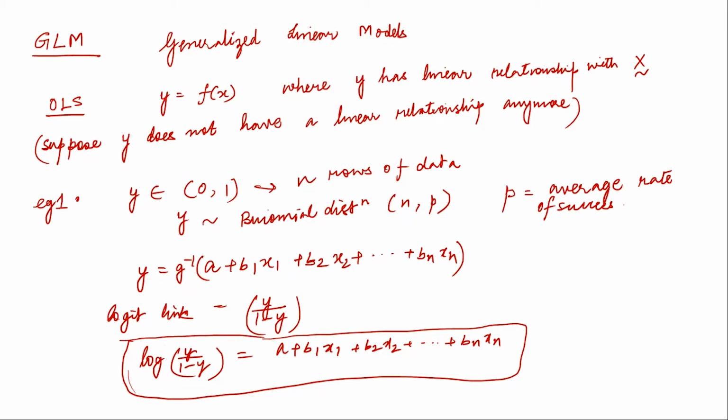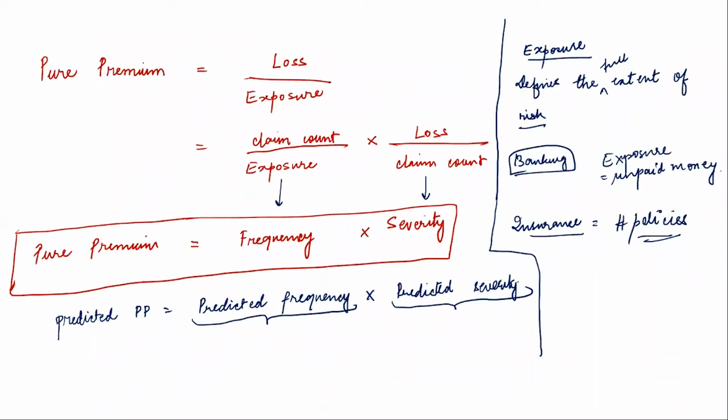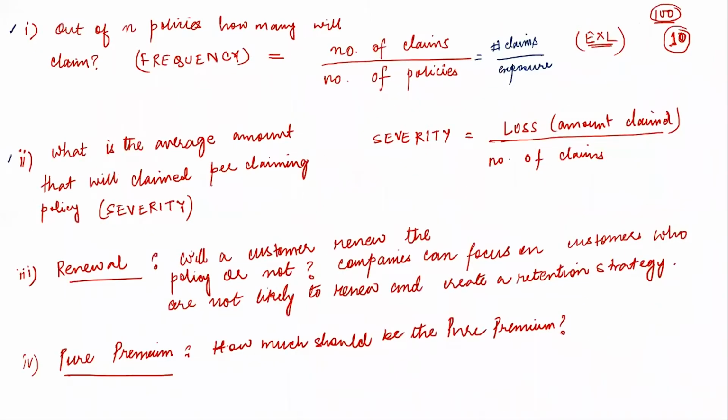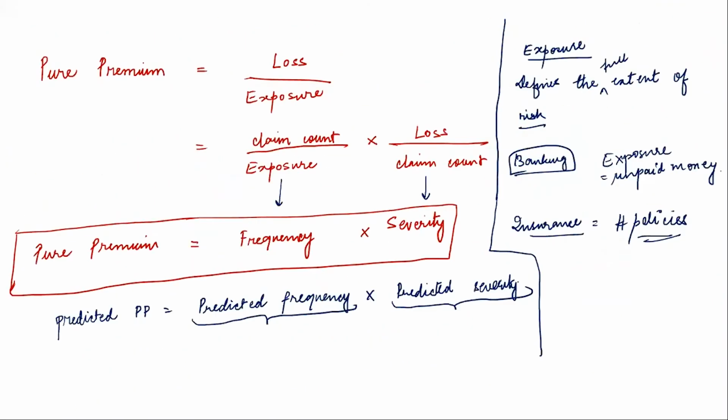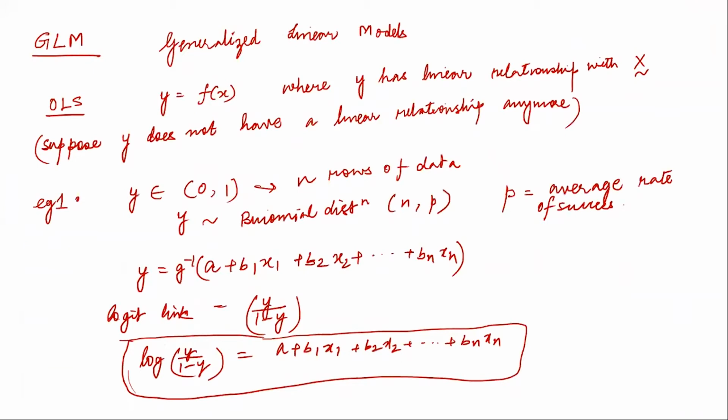But first, we'll come to generalized linear models. The basics or the definitions we just covered: pure premium equals frequency multiplied by severity. And we talked about what exposure is. We talked about each of these metrics, and these are basic quantities that we should be aware of. And what type of model is used to solve each of frequency, severity, renewal? What type of model will be used? We will be using something called generalized linear models. Now,